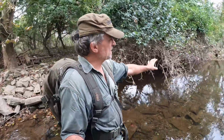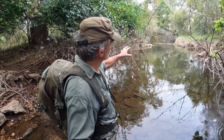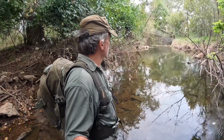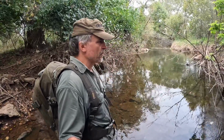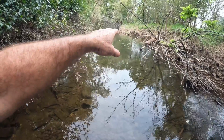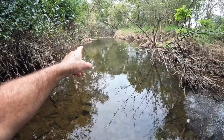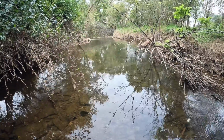This would have been like a mill pond right here, so this would have been really deep back in the day. So we'll give this a good go. It would have been a good place for someone to pitch a cannonball if they wanted to get rid of it. I don't think those things are going to cross up there, but I think that might be a beaver dam. So we'll have to be a little careful, make sure there's no beavers come out of the